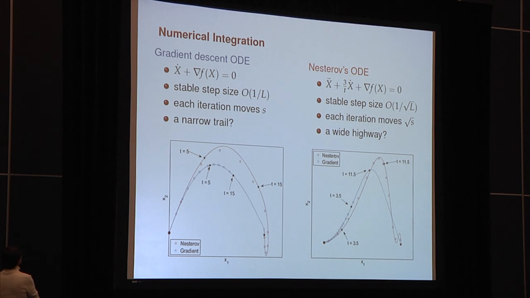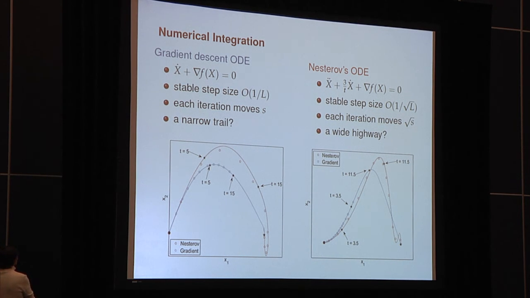Now let's compare Nesterov's ODE and the gradient descent ODE. Here, L is the Lipschitz constant of the gradient of f. These 2 plots reveal 2 interesting points. First, the stable step size for numerically integrating Nesterov's ODE is of order 1/√L, whereas it is 1/L for the gradient descent ODE. So conceivably, Nesterov's ODE is more numerically stable, robust for numerical integration when L is large. Second,